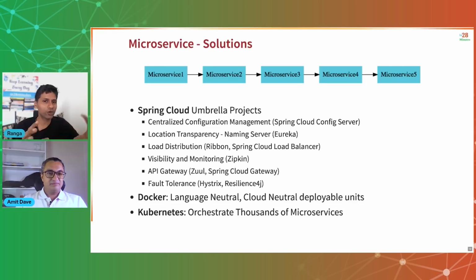So what we are focusing on here are specific solutions. Like Spring Cloud is something which is specific to Java, right? But there are also alternatives, right? Docker, Kubernetes. These are more language neutral, right? So you can go with Docker and Kubernetes when you have something like Python or Node, or you have a combination of these technologies involved, right? So let's first start with discussing the Java based things, and then we will look at how you do the language neutral things, right?